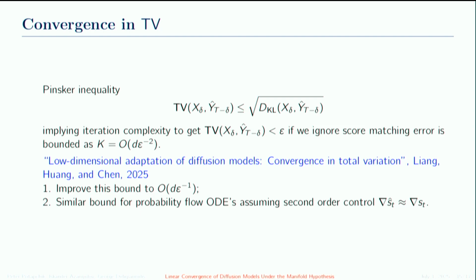And we can also get bounds in TV, but they're not sharp. There are sharper bounds that have come out recently, essentially they can save a factor of epsilon. And I think